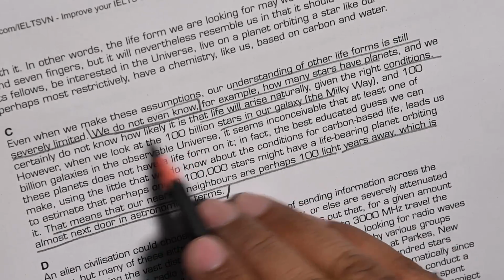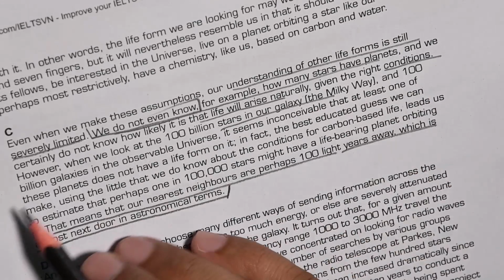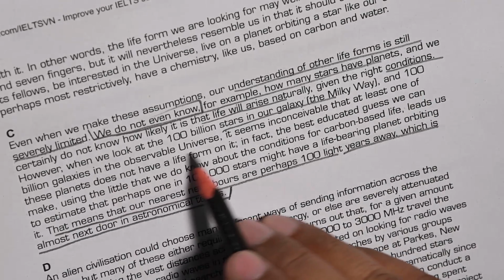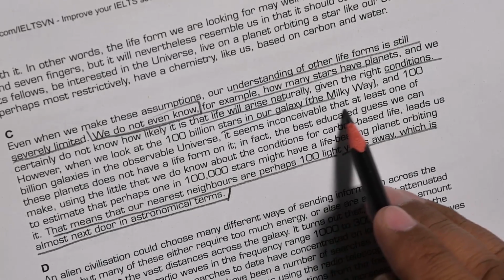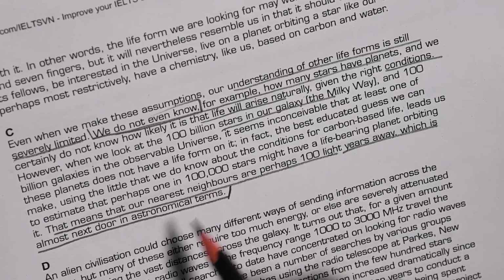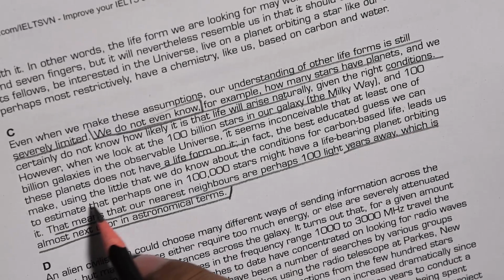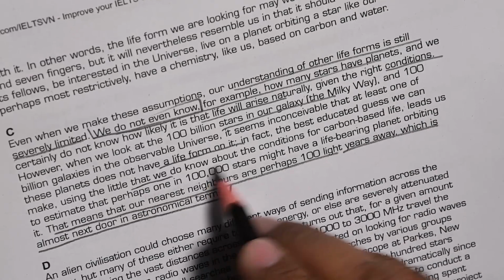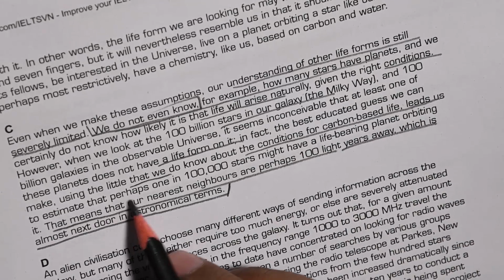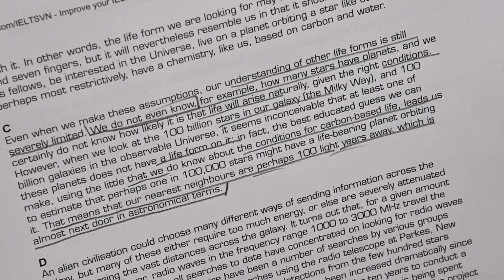And we certainly do not know how likely it is that life will arise naturally given the right conditions. However, when we look at the 100 billion stars in our galaxy, the Milky Way, and all that universe, it seems inconceivable that at least one of these planets does not have a life form on it. In fact, the best educated guess we can make, using the little that we do know about the conditions for carbon based life as we have here, estimates perhaps that our nearest neighbors are perhaps 100 light